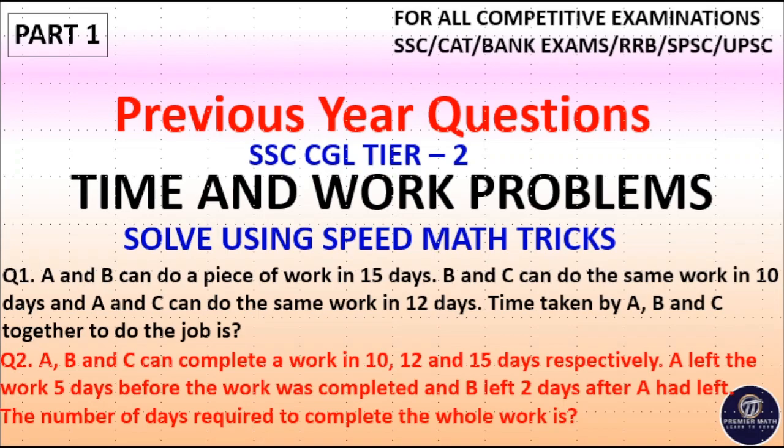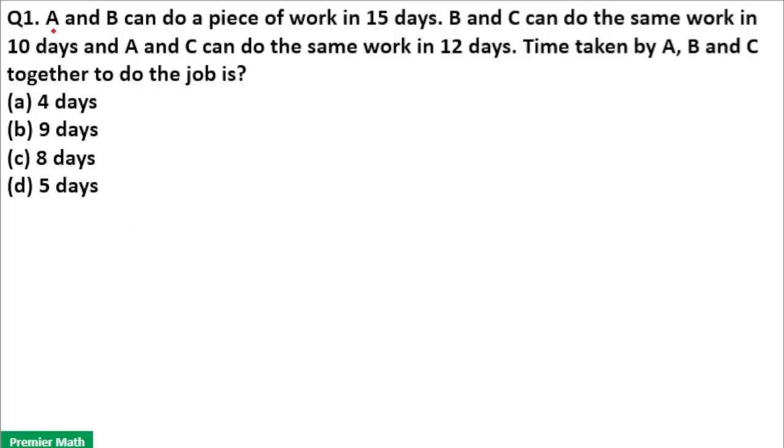Our first question is: A and B can do a piece of work in 15 days. B and C can do the same work in 10 days. A and C can do the same work in 12 days. Time taken by A, B and C together to do the job is. Here,